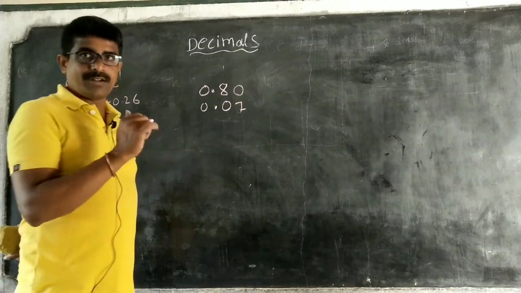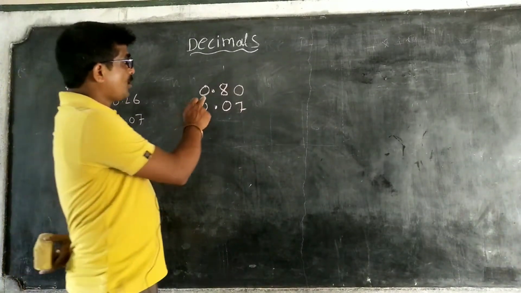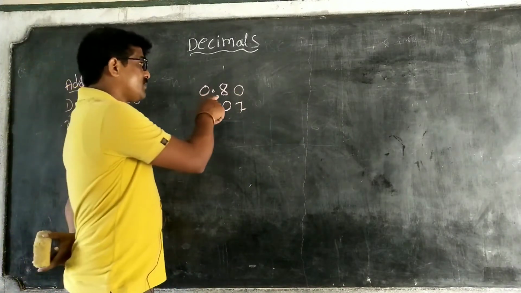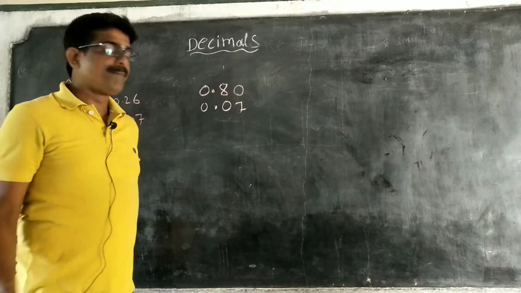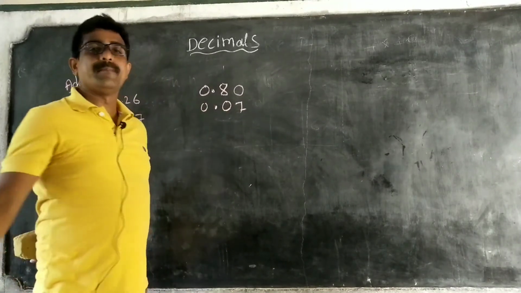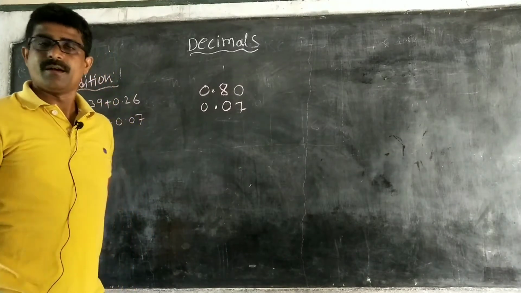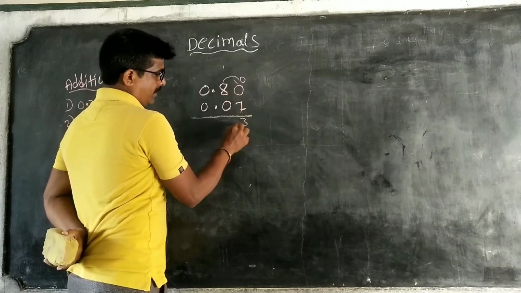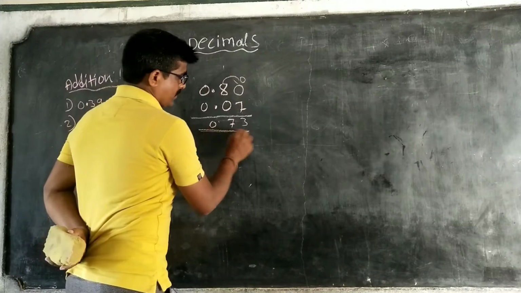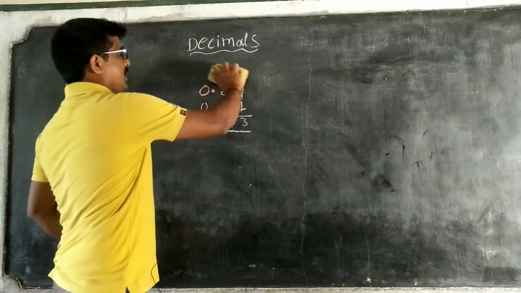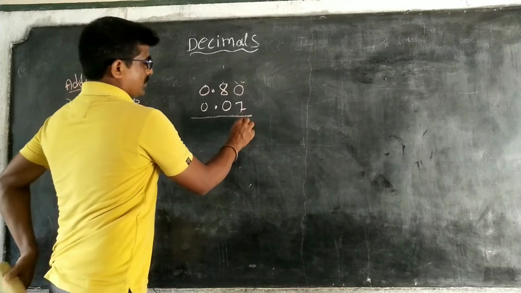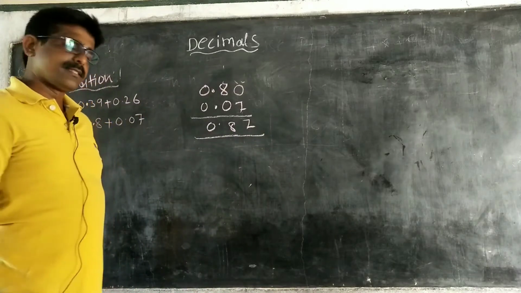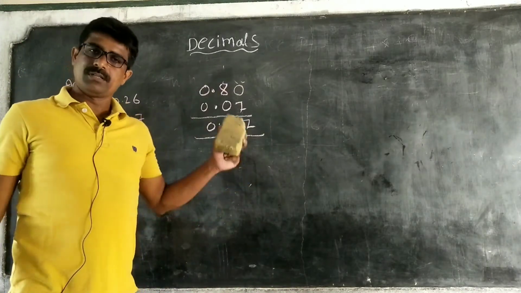What does it mean? If you take rupees and paisa, 0.8 means 80 paisa. 1 rupee is 100 paisa, so this means 80 paisa. Here this is equal to 7 paisa. Right now, 0 won't go, take borrow 3, that is equal to 7, 0.73. Sorry, this is for addition, I am doing subtraction. So 0 plus 7 plus 8, that is equal to 8.7. Whatever we have to do in subtraction is the same, like that only.